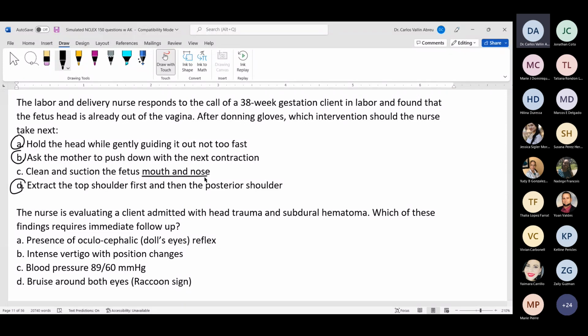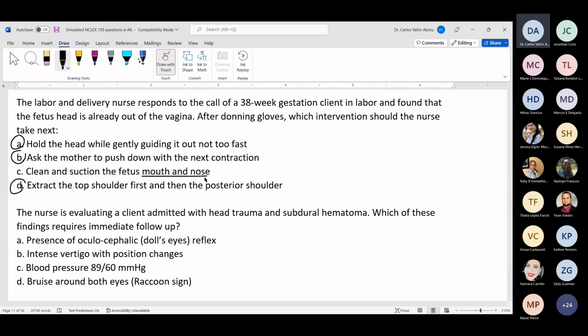And how do they cry, how do they take air to cry, through the nose or the mouth? Through the mouth. So do you want, when they take air for the first time, to have a mouth full of fluids and stuff? No, of course not. So the first thing that you do as a nurse when the head is out is to